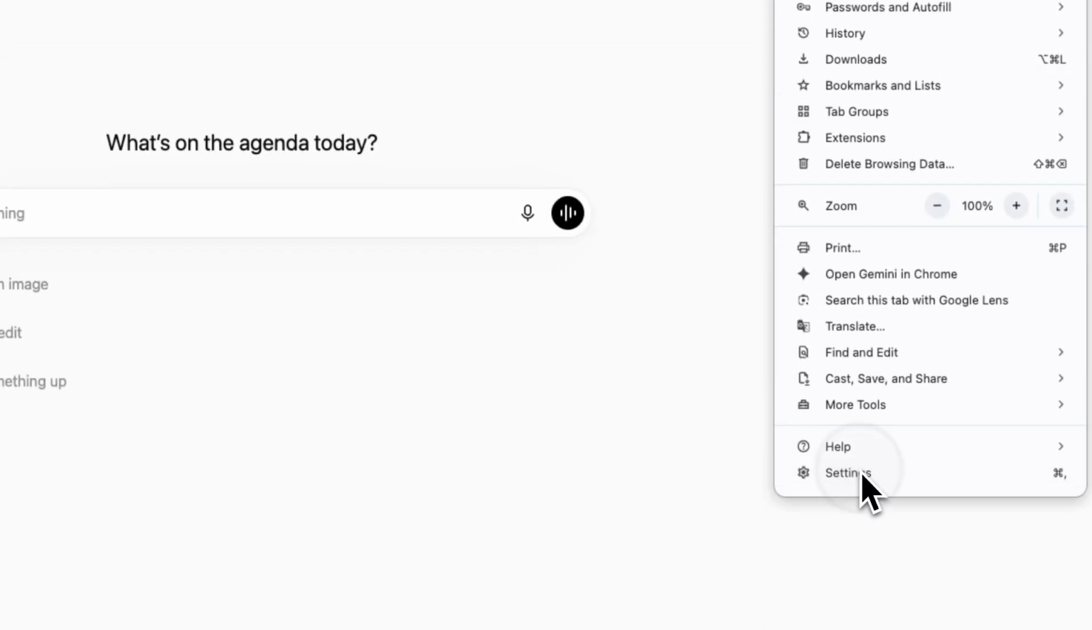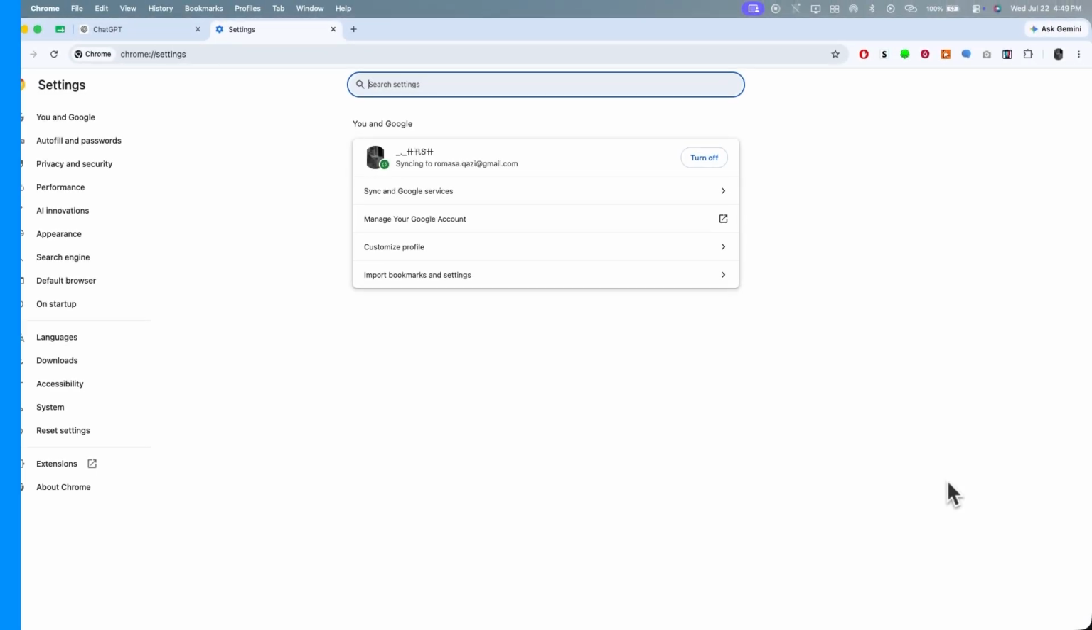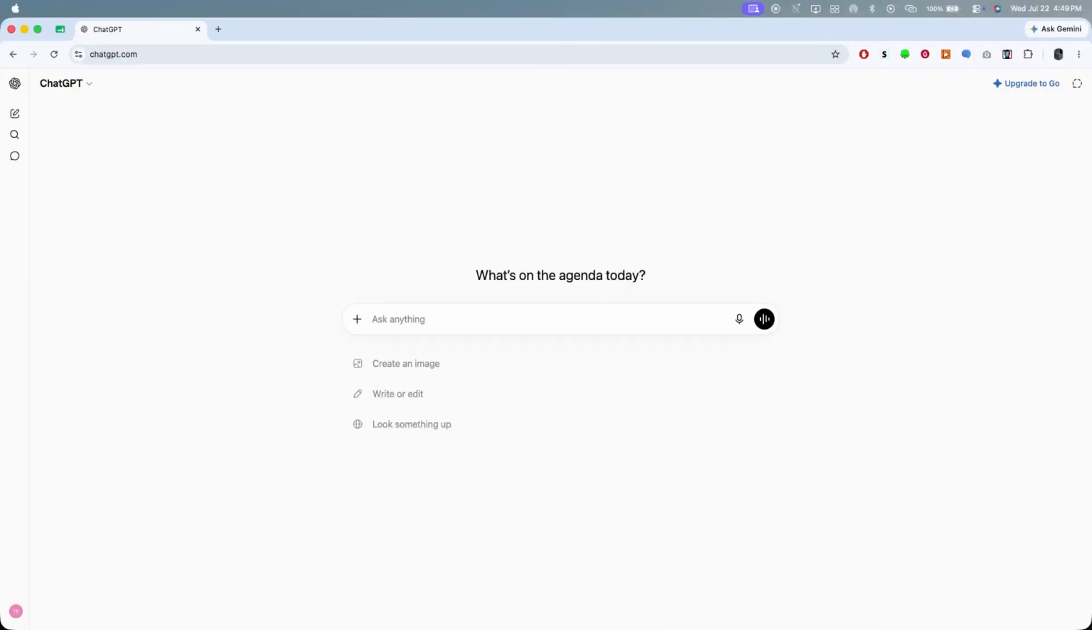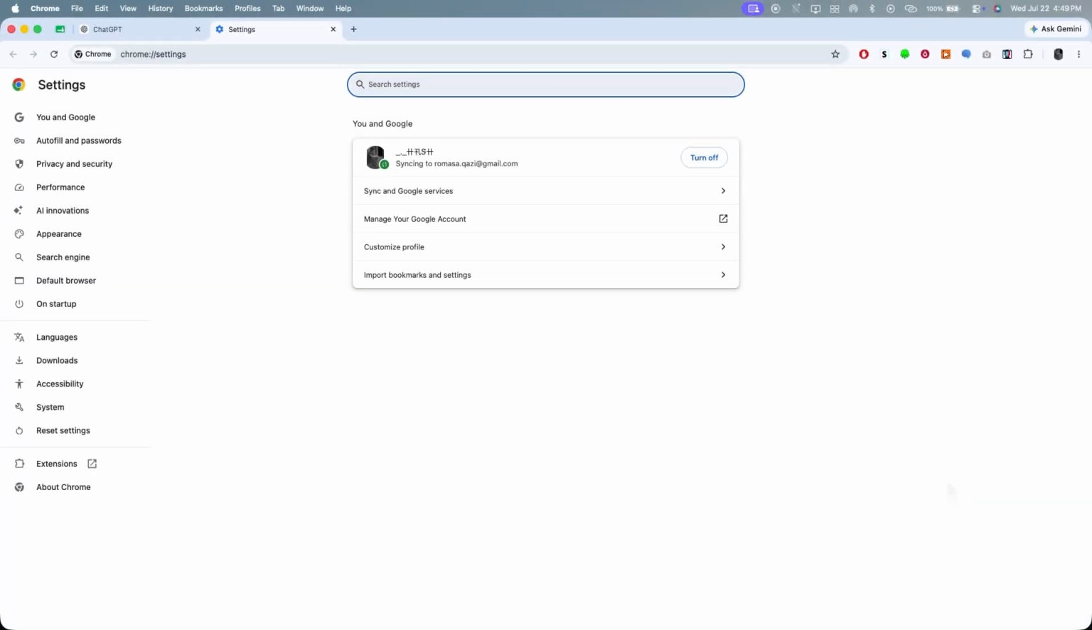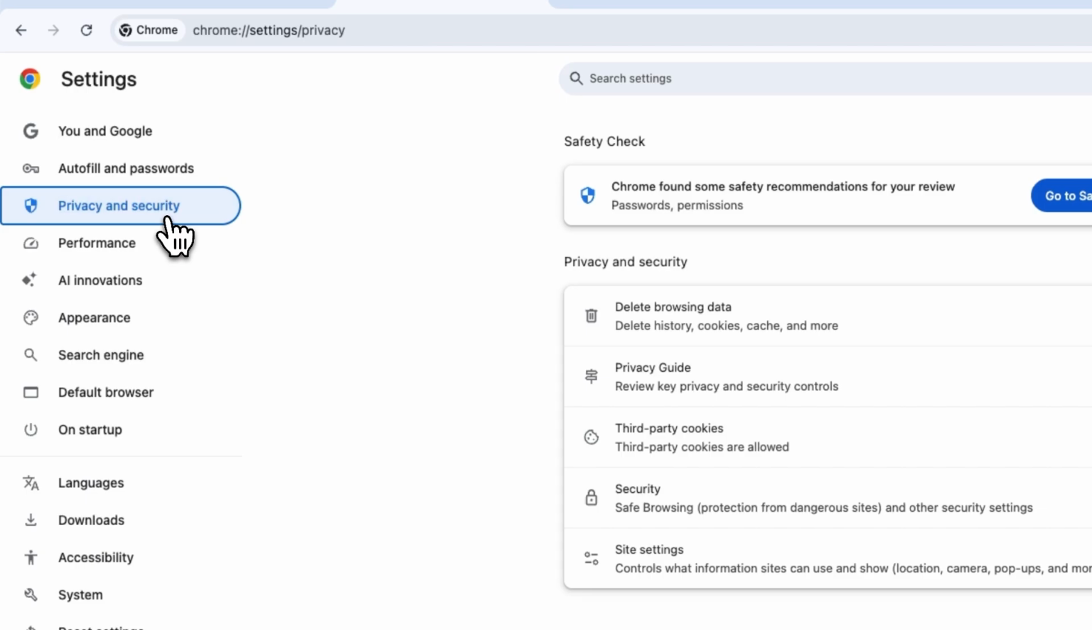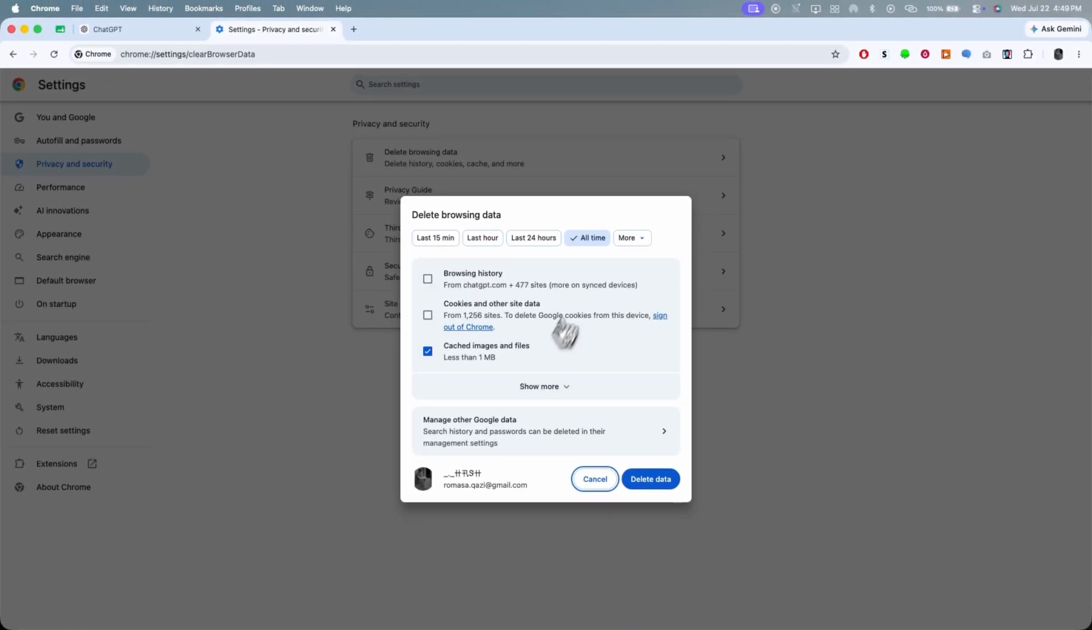Here's how to fix ChatGPT not working or loading errors. If ChatGPT isn't loading or you're seeing an error message, start by clearing your browser's cache. In Chrome, click the three-dot menu and go to Settings. Inside, get to Privacy and Security. Then select Delete Browsing Data, click on Cookies and Other Site Data, set the time range to All Time,